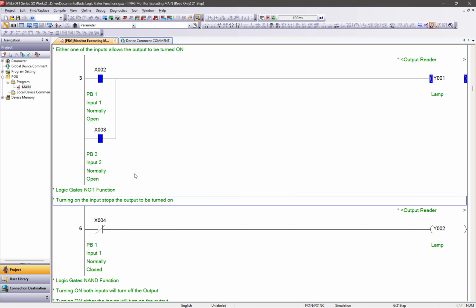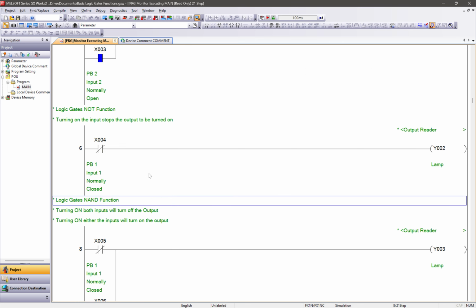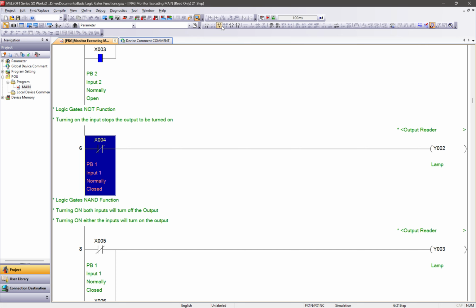Moving on to the logic gates NOT function. A brief definition is that turning on the input stops the output from being turned on. The switch that is used is a closed contact, and the output is called coil.